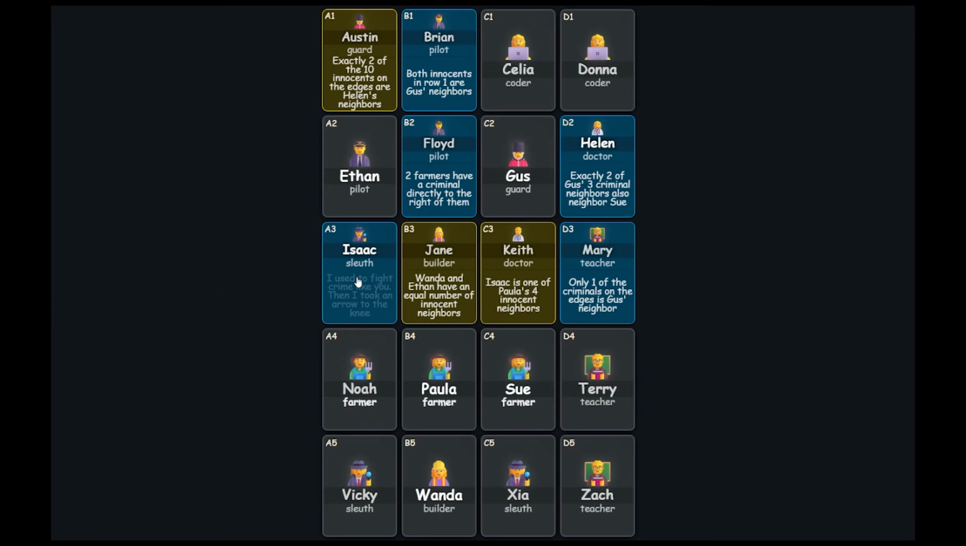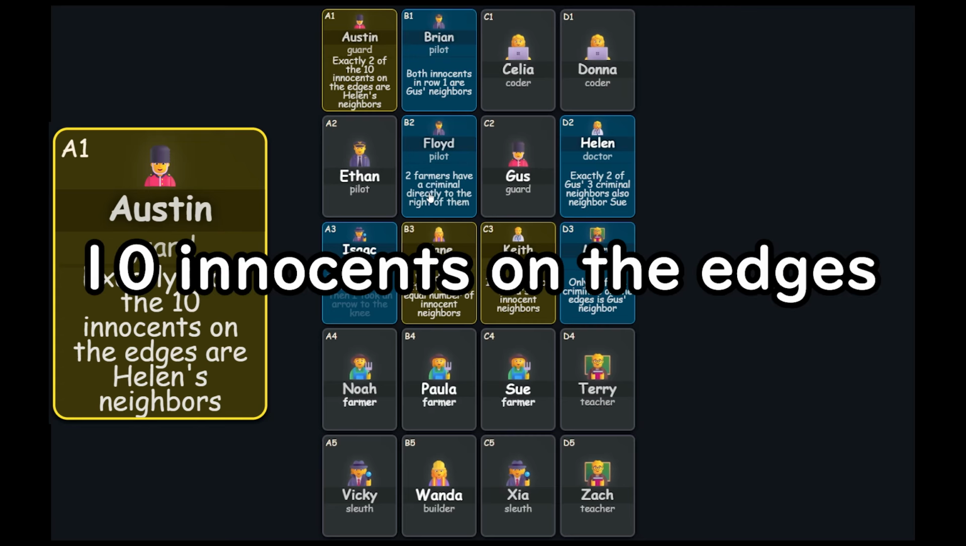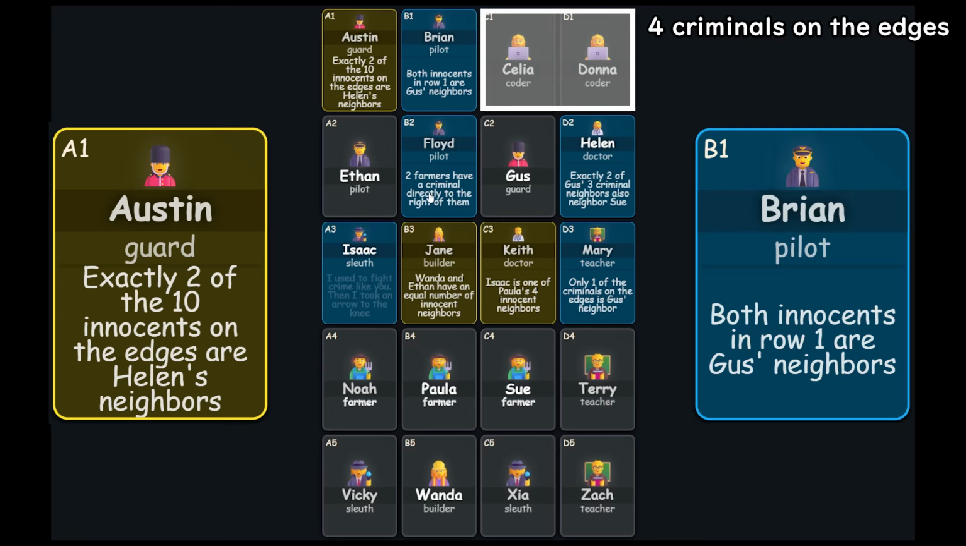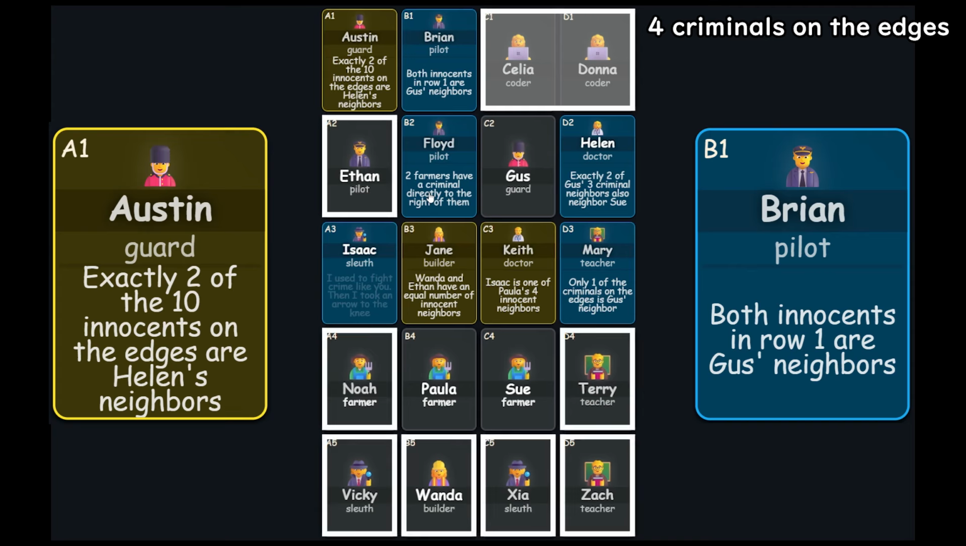You gotta pay attention here because this is the hard part. Take a look at Austin's clue. There are 10 innocents on the edges. Since there are 14 people on the edges, this also means there are 4 criminals on the edges. We already know that 2 of them are in row 1, so out of these 7 people, only 2 of